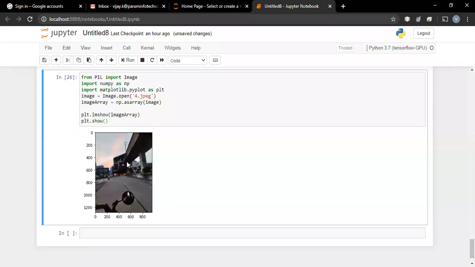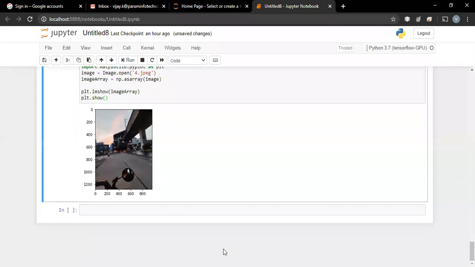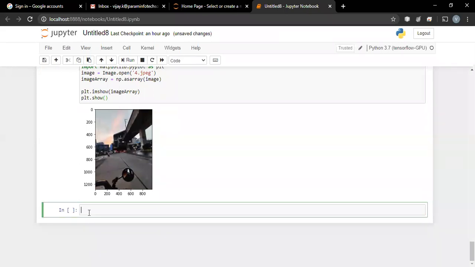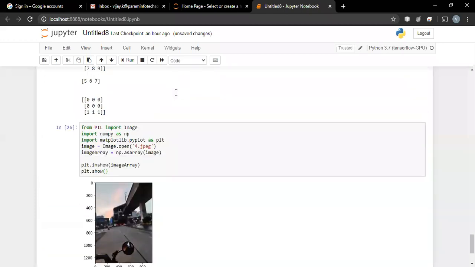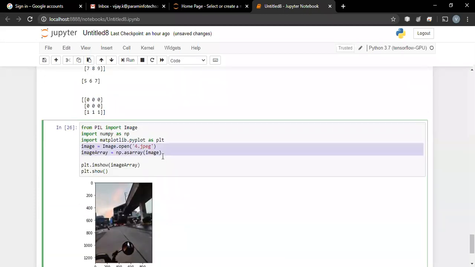Okay. Now let us go for addition of images and so on using NumPy. So we have two images, image number 4 and image number 5. We have one image posted. Nice one. Let me download this image.